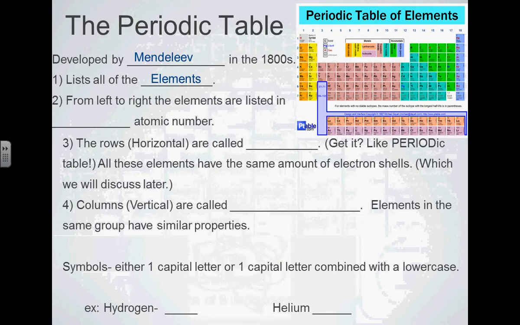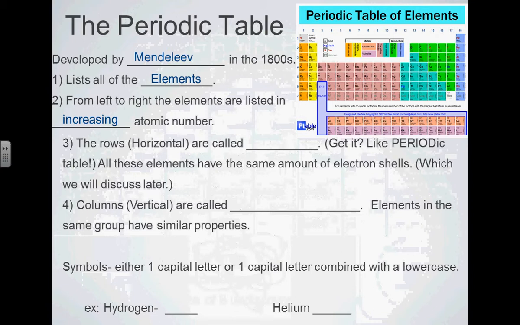Mendeleev organized his periodic table by increasing atomic mass. Our modern periodic table, however, is organized by increasing atomic number. They go along with each other pretty closely, but there are some exceptions. We increase in atomic number as we go across the table. The first element is hydrogen. Its atomic number is 1. Helium is 2. Lithium is 3. Beryllium is 4, and so on. Our atomic number increases as we go across, and then down into the next row.